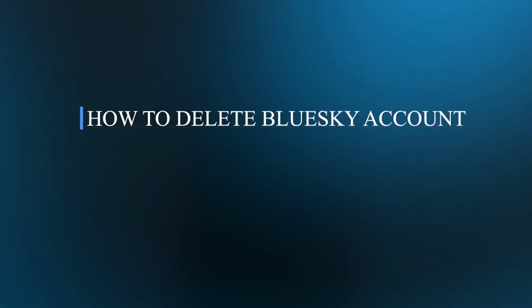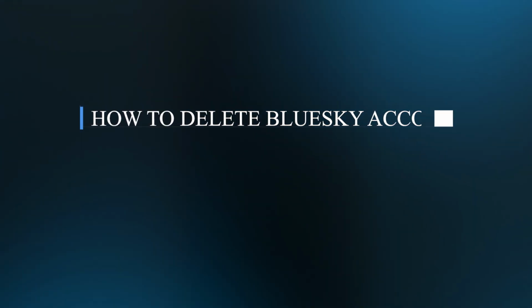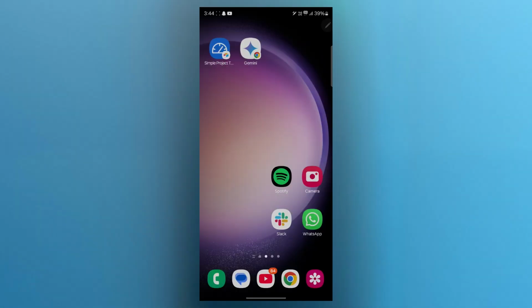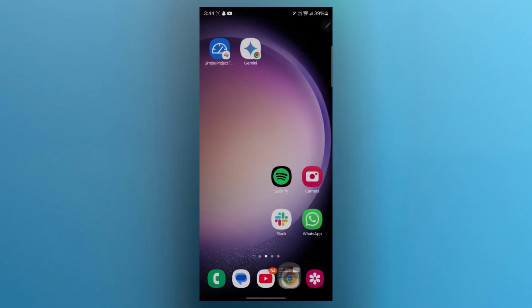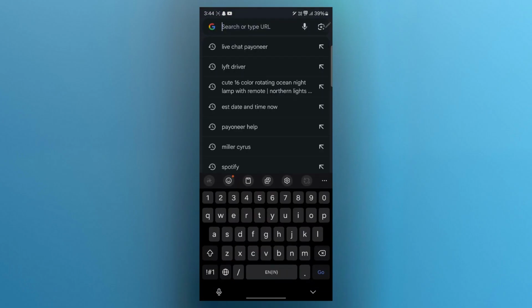Today I'll be showing you how to delete Bluesky account. So, in order to delete your Bluesky account, you will have to first of all navigate to the Bluesky application. Now, after opening the application, you will see an interface that will look something like this. What you can also do is navigate to any browser on your mobile phone, go to the search bar and